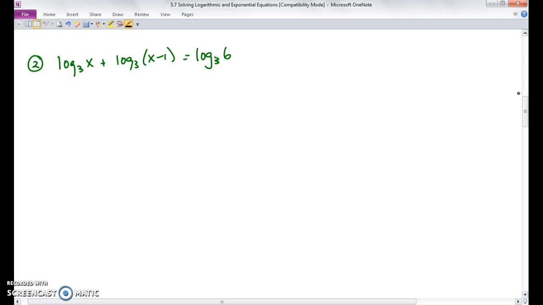Yep. Because they're all the same base, you can multiply the x times x minus 1. Yeah, so we're going to combine these to make a single log on the one side using our product law. Okay, so we're going to have log base 3, and we're going to use the product law, which tells me to multiply these because we're adding single logs, and so we can combine them to make one log by multiplying the product. Okay? So now when we have a setup where we have a log equal to a log, and the bases are the same,